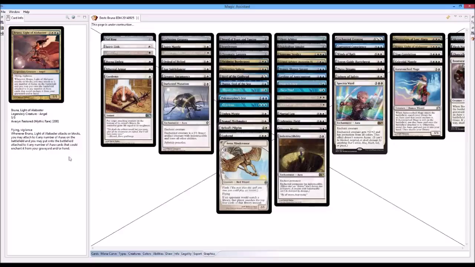Those who may not know, Bruna is an angel, a legendary creature that costs 2 white, a blue, and 3 of any other, 3 colorless. Whenever she attacks or blocks, I can attach to her any number of auras on the battlefield, and I may put onto the battlefield, attached to it, any number of aura cards that could enchant it from my graveyard and